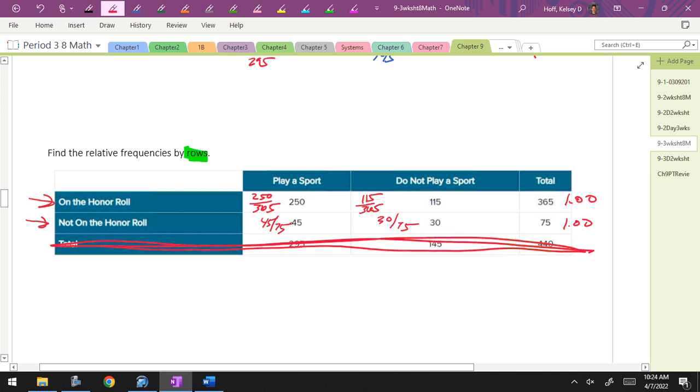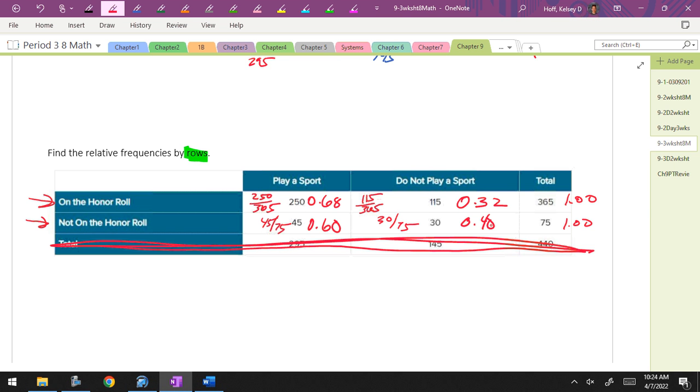All right, on the honor roll, play a sport: 6-0, 6-8. Do not play a sport: 3-2, and then the total would be 1.00. Not on the honor roll, play a sport: 6-0, 0.40 then, and 1.0. Okay, so I calculate these relative frequencies, which is comparing